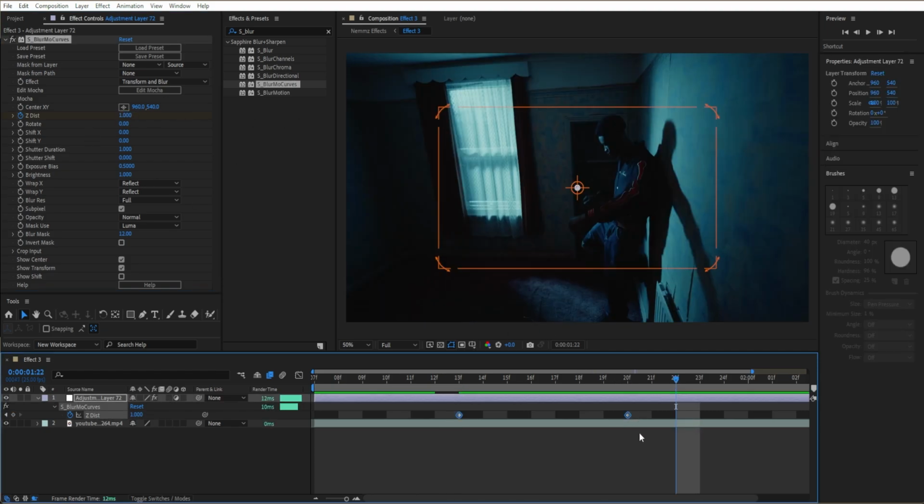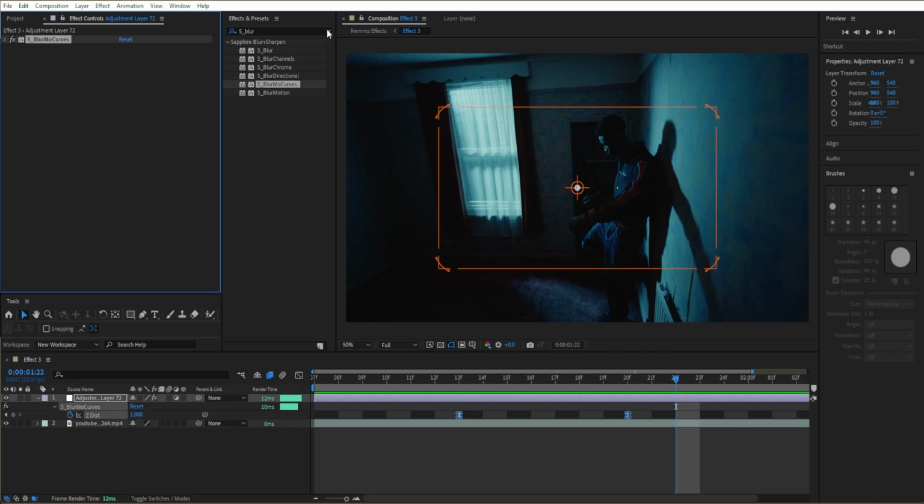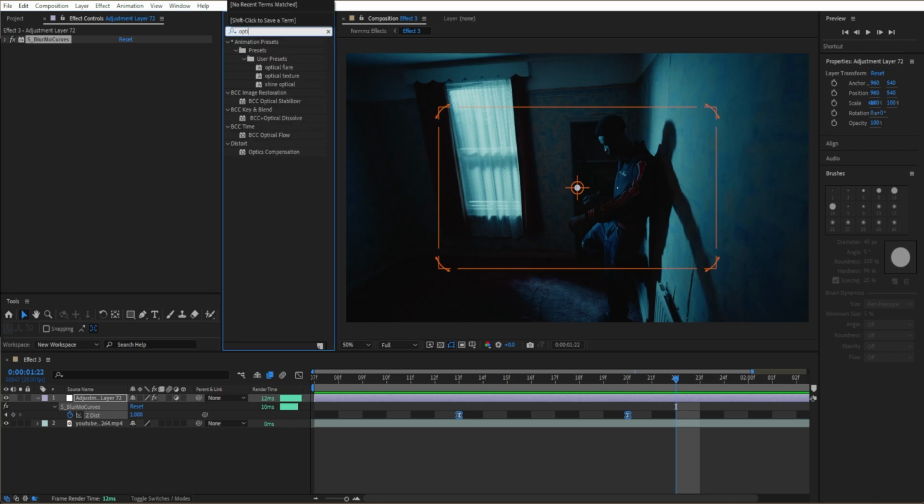I'm going to highlight both of our keyframes and ease them, just to make sure our keyframes are coming out nice and smooth, nothing's really messing up. And apart from that, I'm gonna go over to the BlurMotionCurves and close out the menu. Next effect I'm gonna add is gonna be